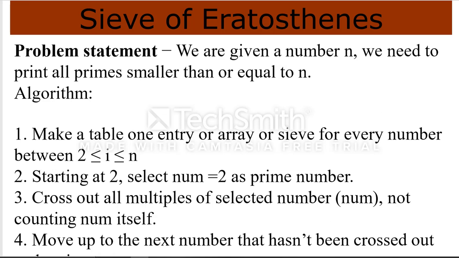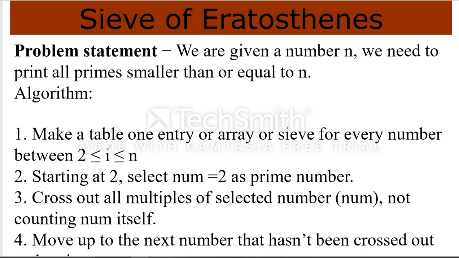Let us understand what a sieve is. A sieve is equivalent to the chalni in Hindi. So we make a pool of numbers from 2 to n, or we are creating a sieve array, and this array will contain the numbers from 2 to n, meaning 2, 3, 4, 5, 6, 7 up to n. And we have to sieve. What is the function of a sieve? A sieve will filter out the unwanted elements.